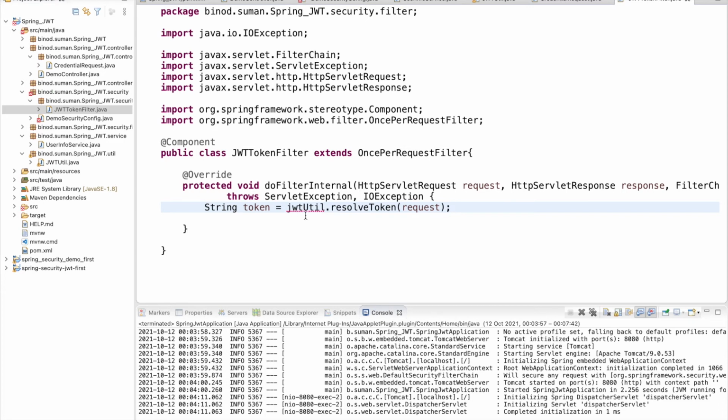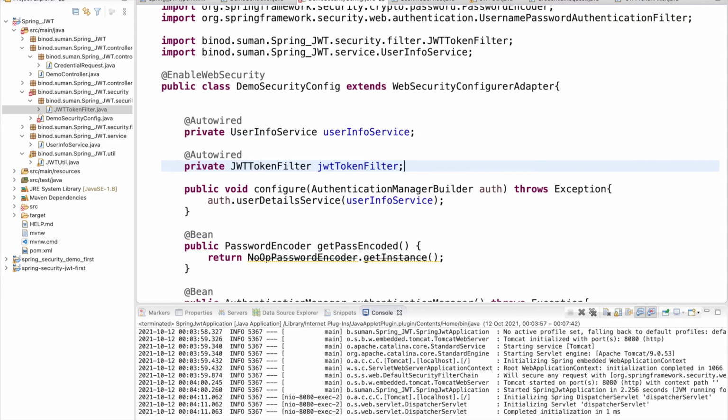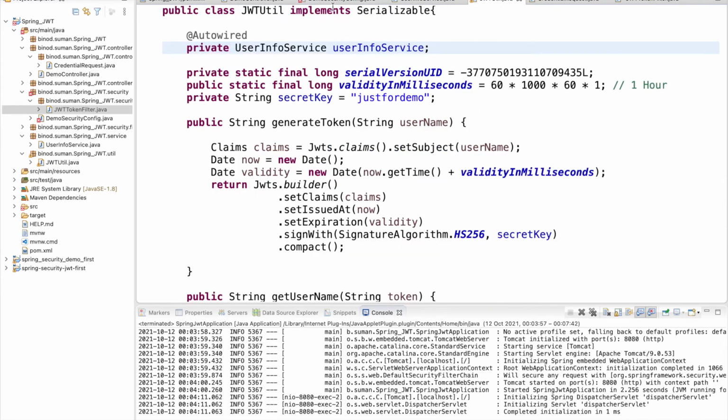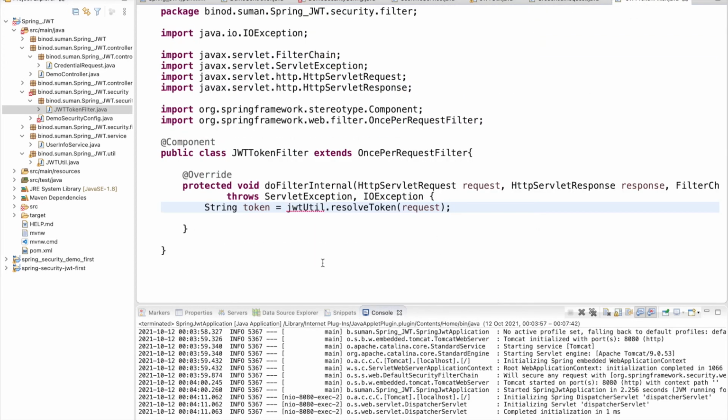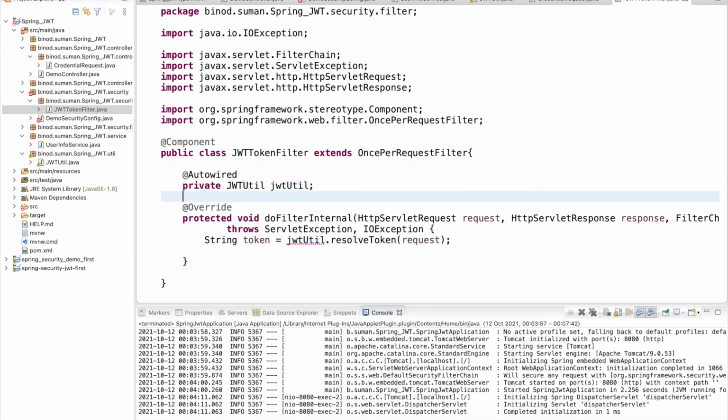So I will take the advantage of the JWT utility class we have made here, right? So we have made the JWT util class, and we have the method to validate, right? So here we have to validate, so you need the JWT util here. So make the autowire here.